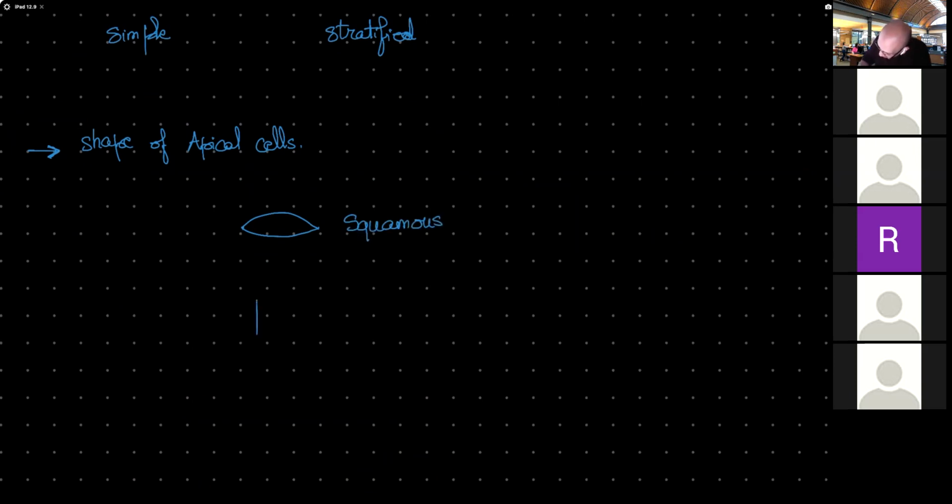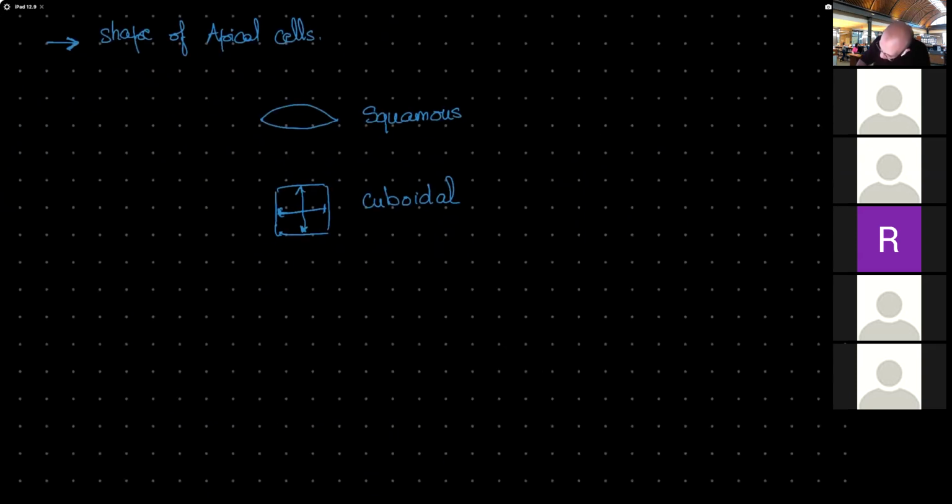Those apical cells might be cube-shaped cells, and how would I tell that those are cube-shaped? The height is almost equal to the width of the cell. So we classify this epithelium, which cells are cube-shaped. This is a cuboidal epithelium. So you've got either squamous, cuboidal, or